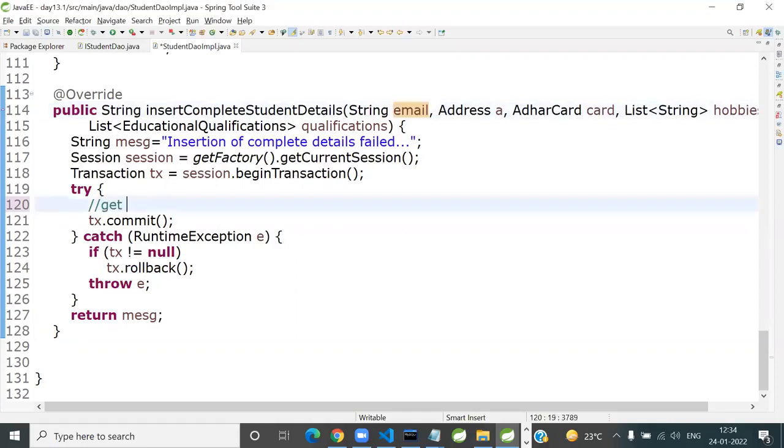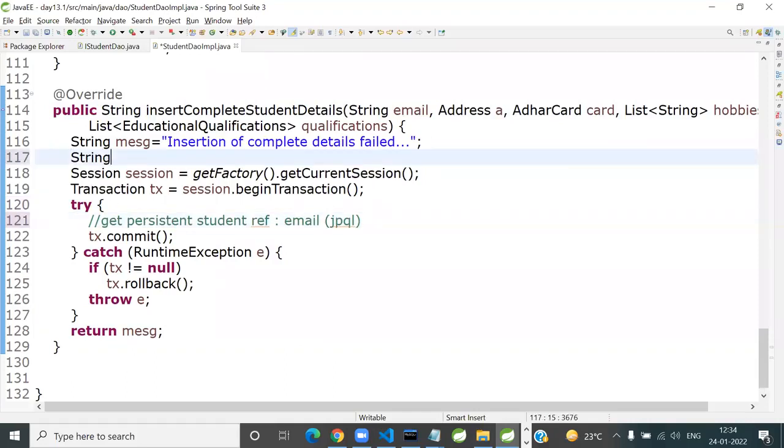So get persistent student reference using JPQL. The moment I say email, email is not an ID. It's a unique key. Of course, JPQL, single result. Get single result. So add JPQL is equal to... this part is now pretty standard. Select as from this. You can drop aliases in this case anytime you want. Where